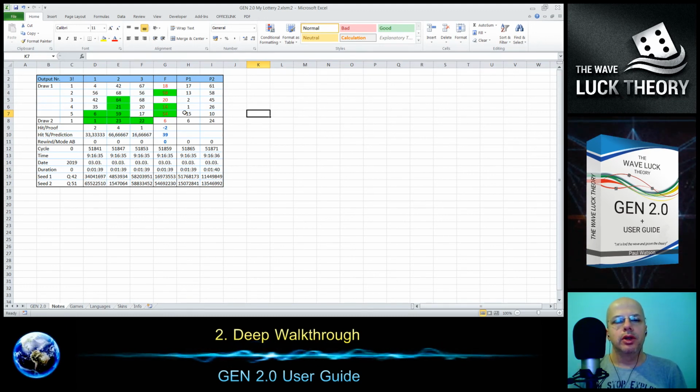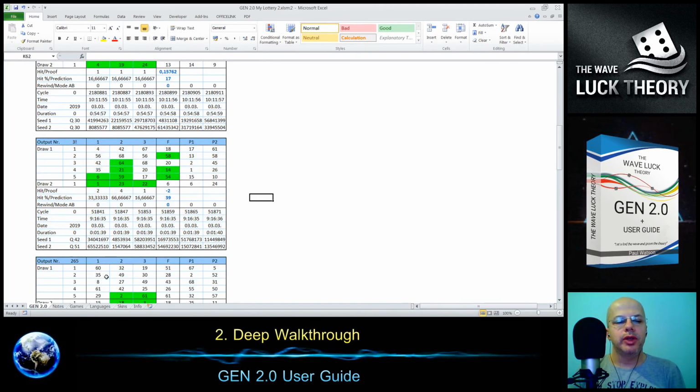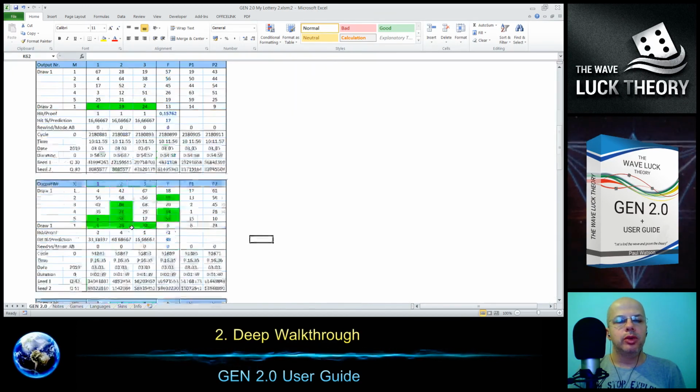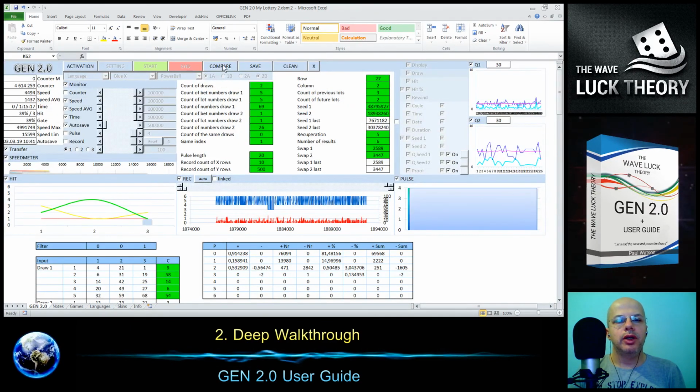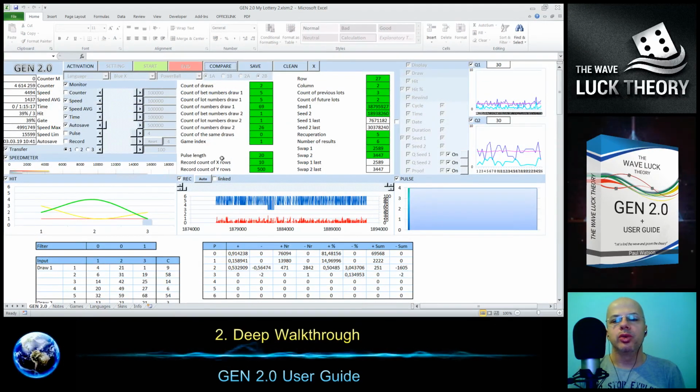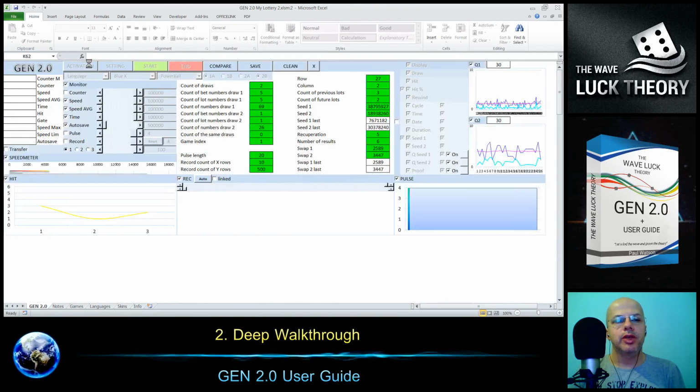Also, we can keep it, and we can do the following. We are keeping it for the reason that we keep the numbers we want to use in the future. If I double click the compare again, it's removed and so on, but I do not need to do it. But if I want to make a new generation after the lottery was played, I just uncheck the transfer and click the activation again.